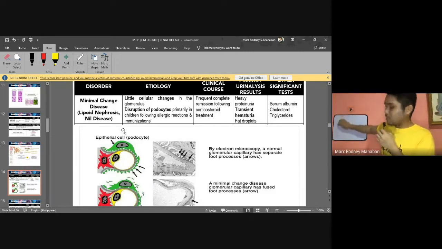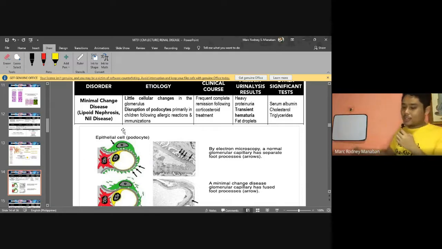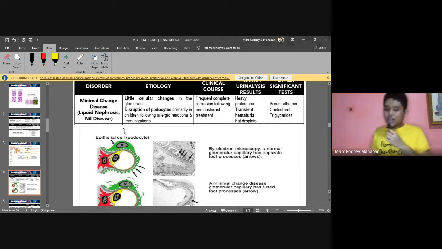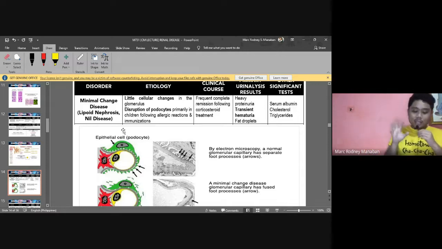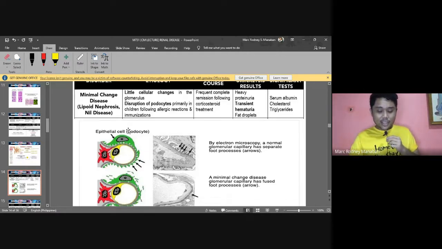All right, okay. Now, what are the expected results or urinalysis results? Again, as you can see, heavy proteinuria. There could be a transient hematuria and again, fat droplets. So it may resemble in a way ginagmay your nephrotic syndrome. Your nephrotic syndrome also may have also hematuria, no? Medyo pero ginagmay lang, all right? Because again, there's still damage sa glomerulus, okay? So it can also have hematuria. Pero again, as mentioned, basta nephrotic syndrome, atong mga press the buzzer na characteristics, massive proteinuria, massive lipiduria. Again, other significant tests, again, you have serum albumin, all right? Cholesterol, and also triglycerides, of course, because it can mimic or medyo same sila of presentations sa nephrotic syndrome.